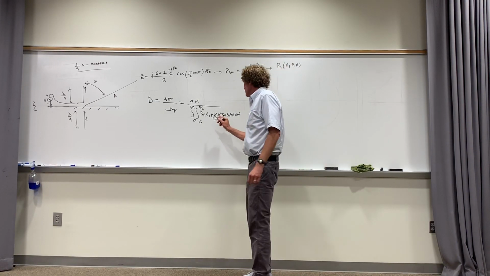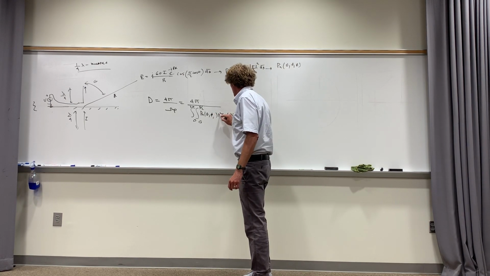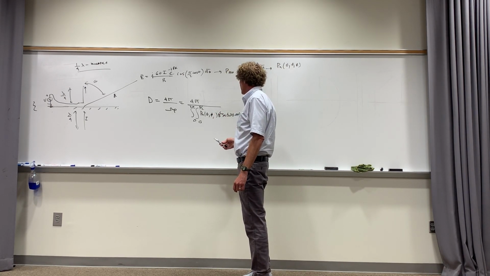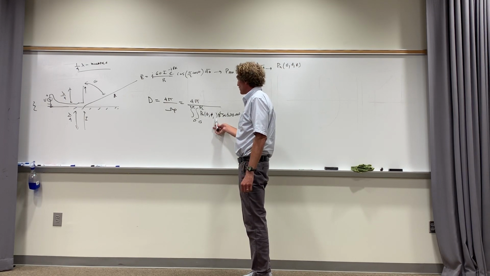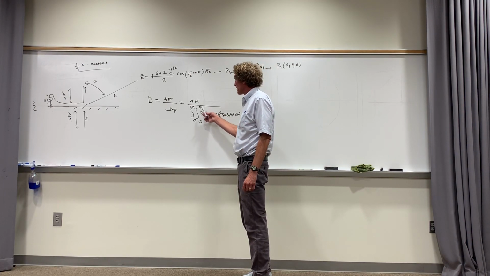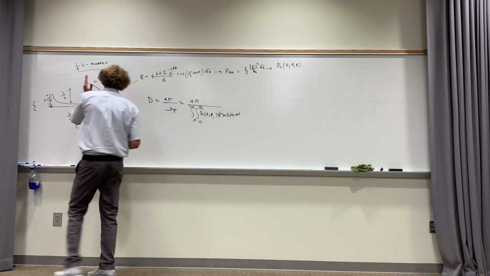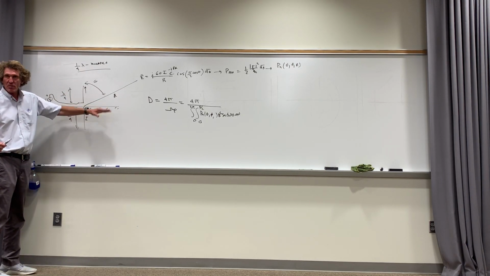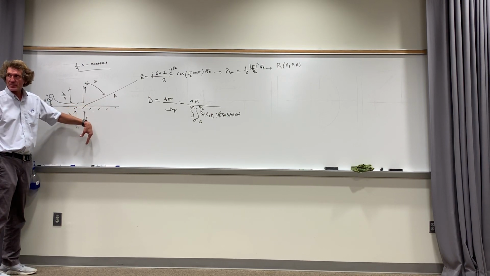If it's normalized, you can actually get rid of the r, so it's just an angular integration. This has a maximum value of 1 since it's normalized. But what you're going to find when you do this integration, you see how theta only goes from 0 to pi over 2, not 0 to pi, because there's no radiation below the actual ground plane. Does this make sense to everybody, class?